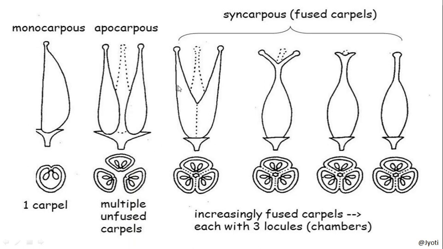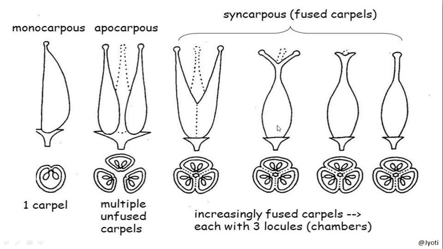But here you can see this is polycarpellary, that means many carpels are present, but here the carpels are fused. In some cases the ovary is fused, in some cases the style is fused, in some cases both style and stigma are fused. So in such cases, you can see this is the first condition where only the ovarian part is fused. Here 3 carpels are there, so the ovary has 3 chambers, 3 locules. So this is syncarpous.